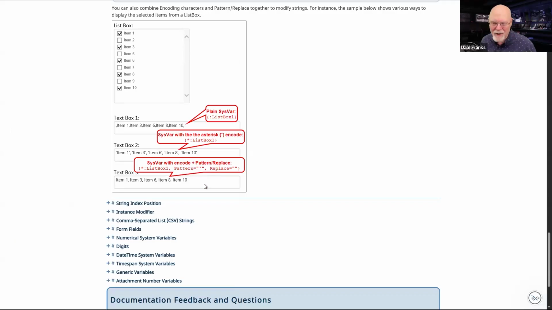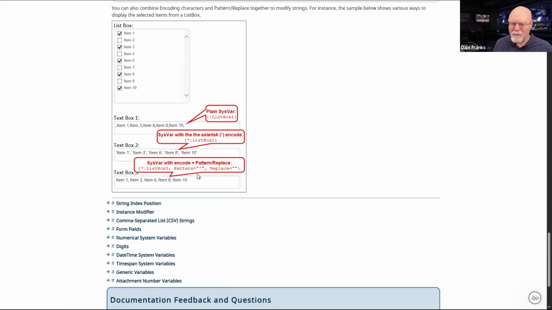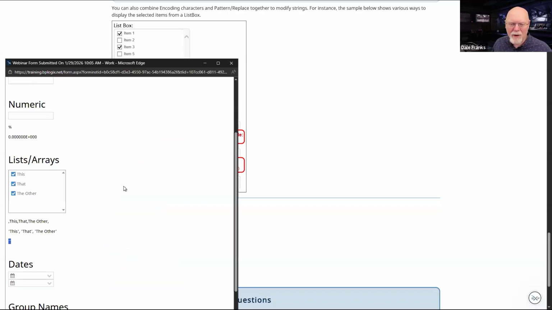And it looks like we're going to need a little patch too. I have no idea how long this has operated like this, because it's been forever since I've tried to do that. You probably haven't seen it because the use of list boxes is fairly rare, and trying to format them as I did here is pretty rare. So this is kind of an edge case, but I don't like the fact that that's not what I'm seeing. We are going to have to get that fixed, so there will be a patch, I'm sure, in the near future to address that.